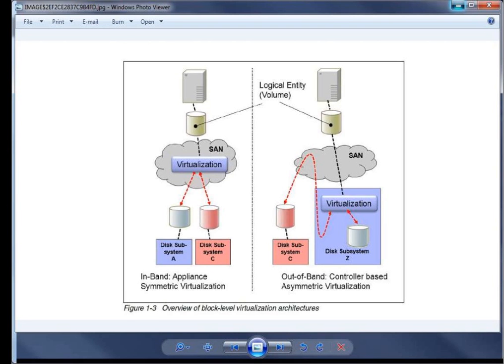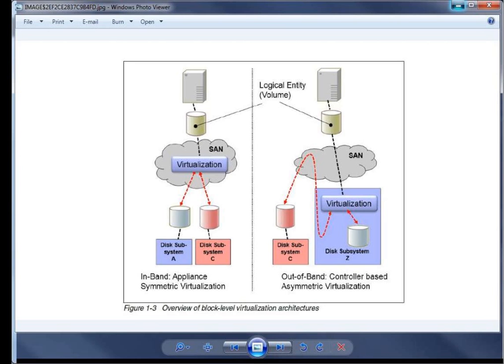To add on to this, whatever you have heard, SVC presents itself as a storage provider to the host, and for the backend storage, it acts as a host, as a big host. So that's what it means when we said SVC works both as an initiator and a target. That's understood without any ambiguity.